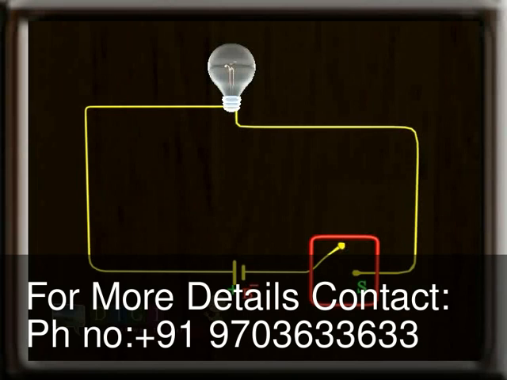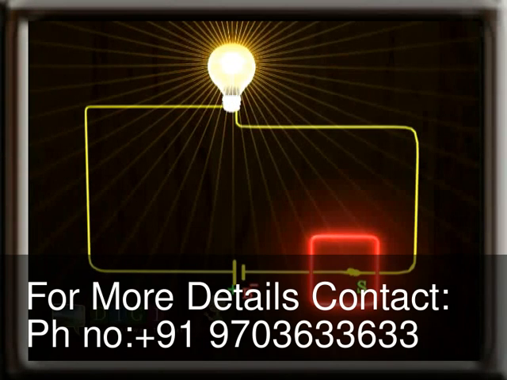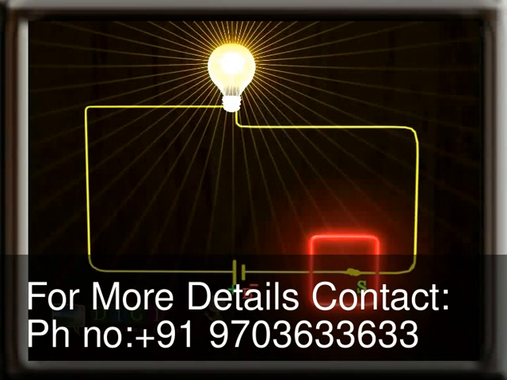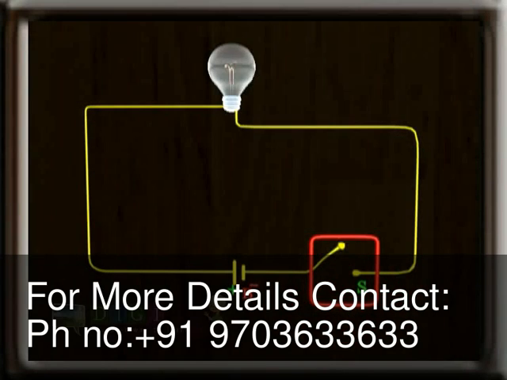If you switch on the bulb, it glows, and if you turn off the light, it is switched off. Do you know why? If you turn on the switch, the flow of current is closed in the circuit, and this makes the bulb glow. If you turn the switch off, the circuit breaks and the bulb turns off.